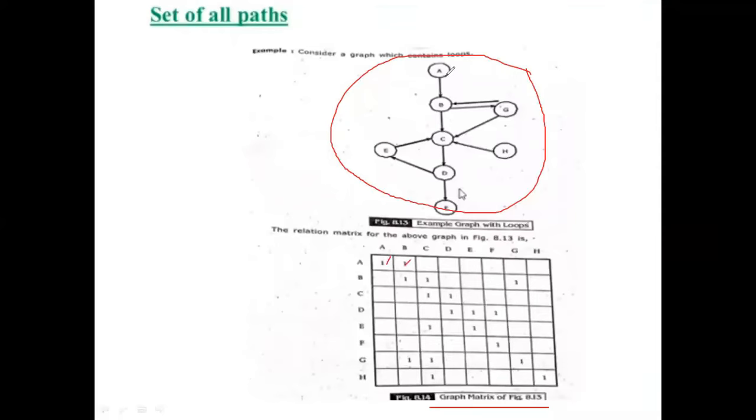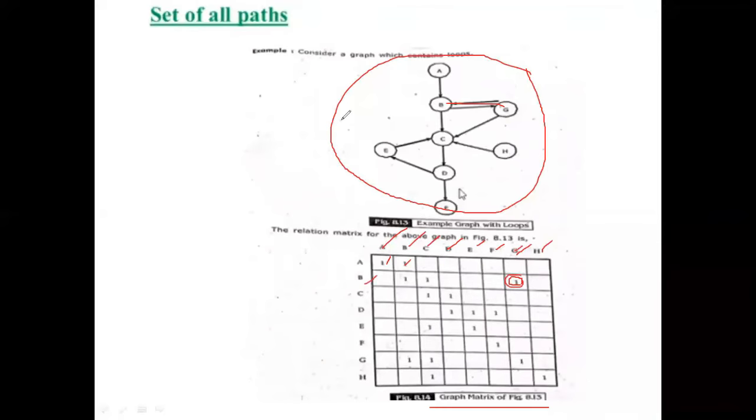If you observe, A, B, C, D, E, F, G, H are the nodes. Now all these are the associations: A to B, B to C, G. Then you can indicate it that way with 1 here. If you observe B to G, there is a transition from node B to node G, so the weight of BG is 1. So this is the graph matrix of the above figure.